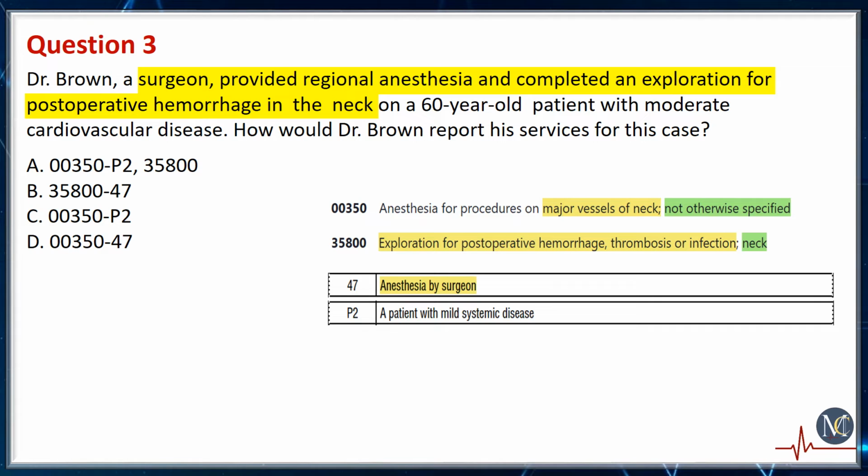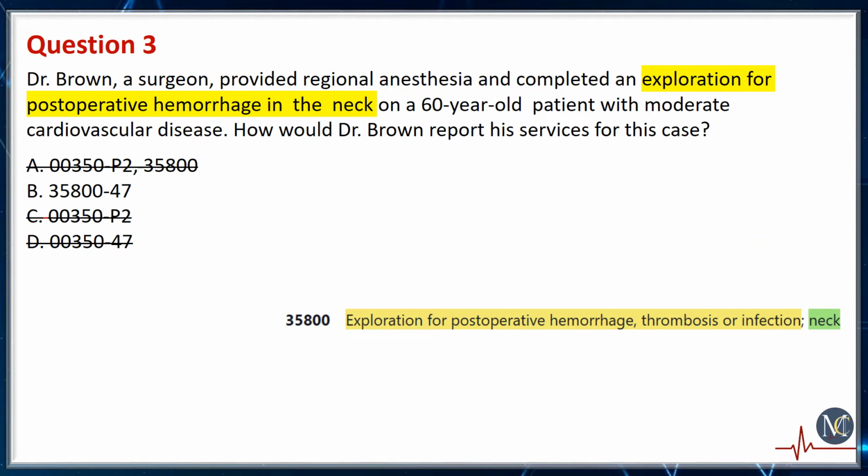It is important to note that when the anesthesia is provided by a surgeon who is also performing the procedure, we will never use the anesthesia code. Following this rule, we will eliminate all options with anesthesia service. After eliminating options A, C, and D on the basis of the rule applied to modifier 47, our correct procedure code